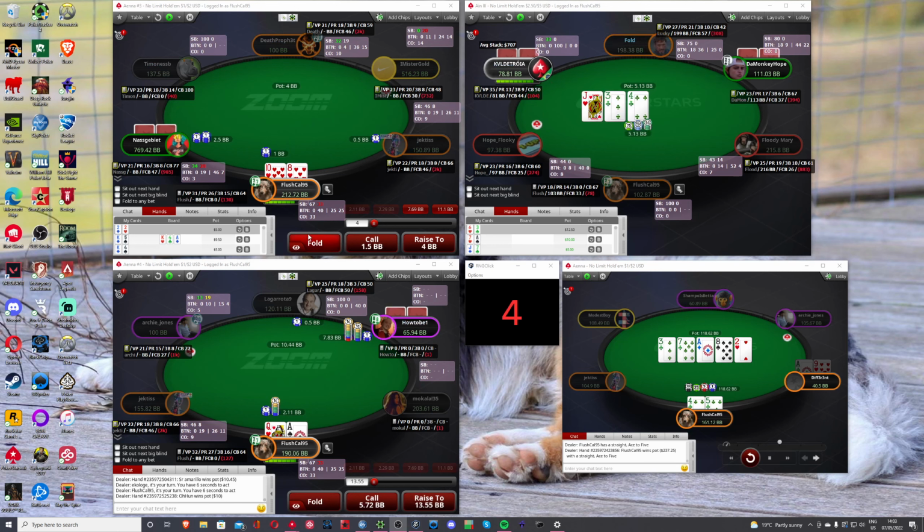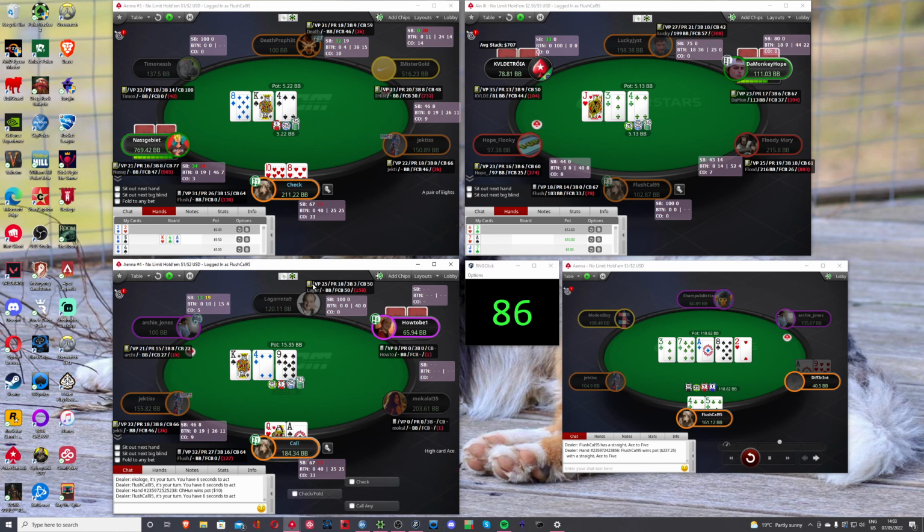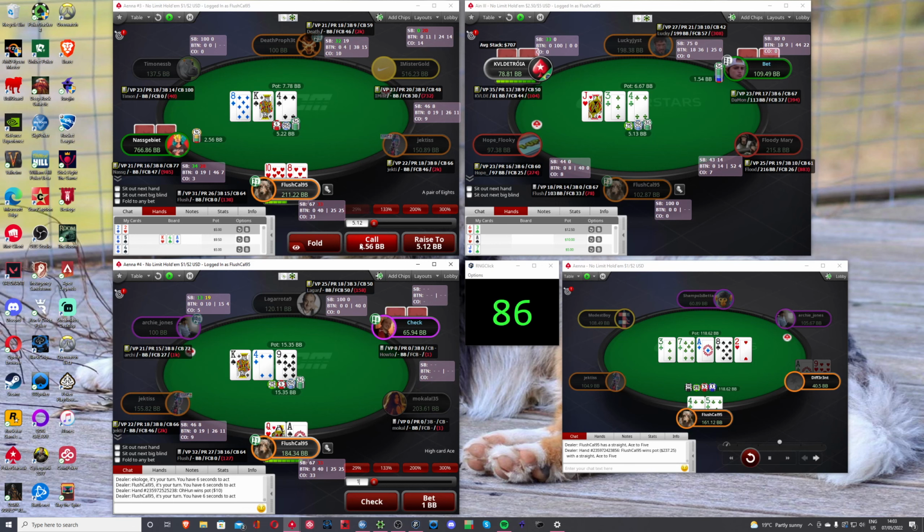Just going to flat this ace queen. This 10-8 is actually going to 3-bet sometimes. It's a good c-bet size for this board from our opponent here,